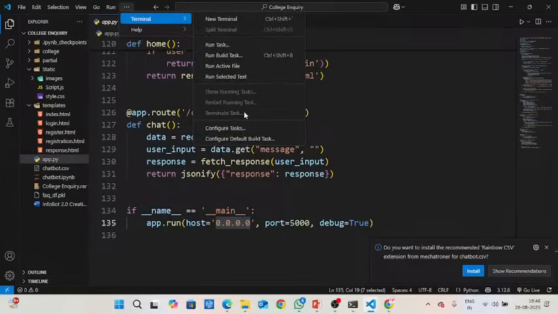Debug is nothing but I can rectify the errors inside. I can see the error inside the web page. So I am giving debug, and also if I make any changes it will automatically update. For that purpose also we need to use debug.